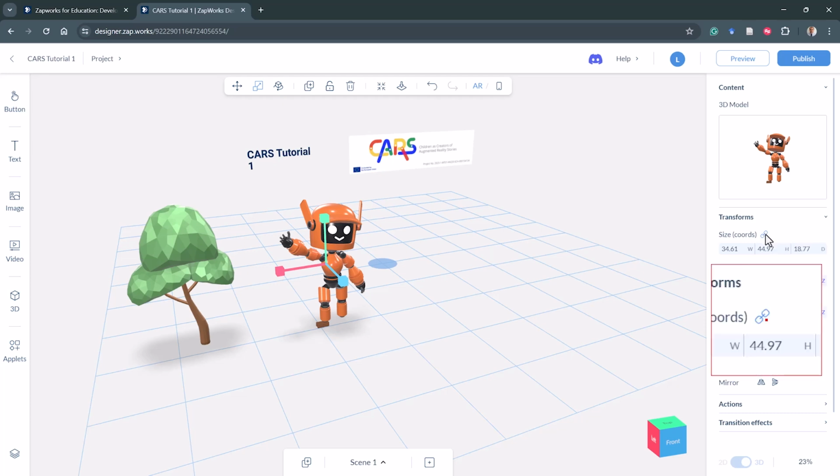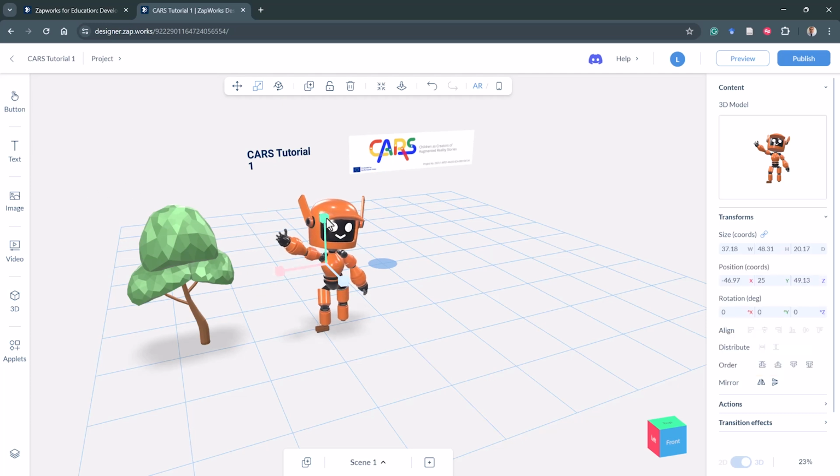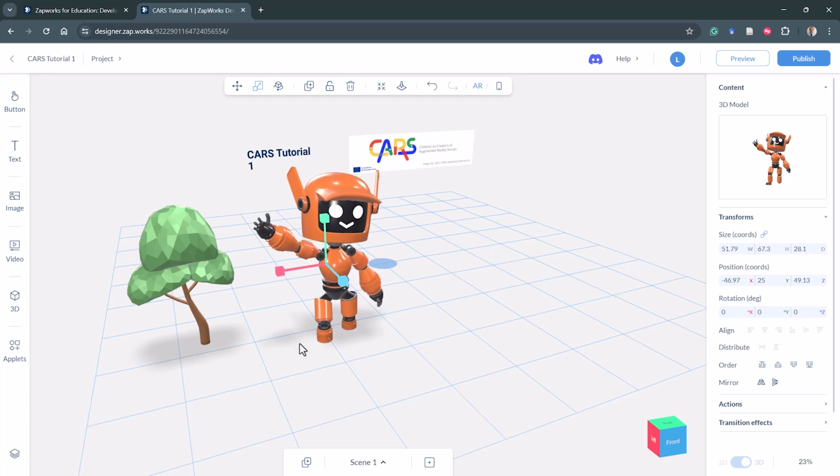What this does is that it makes sure that the width, height and depth of our object are locked in the same proportion to each other. That means, in practice, that whenever I increase the height, the width and the depth are